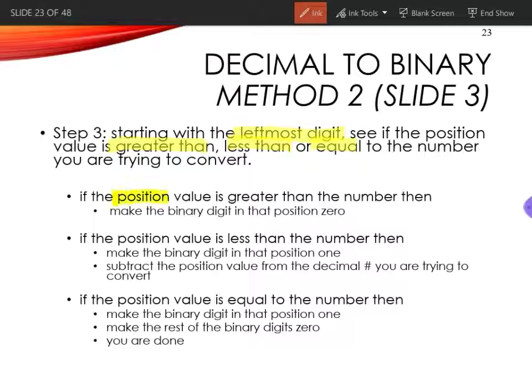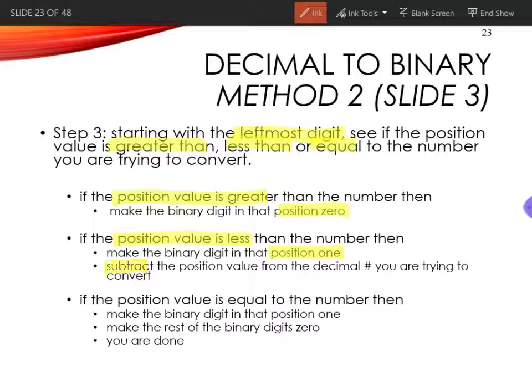So if the position value is greater than the number that we have, we mark that position as 0. If the value of the position is less than the number that we have, we mark that bit in that position as 1,